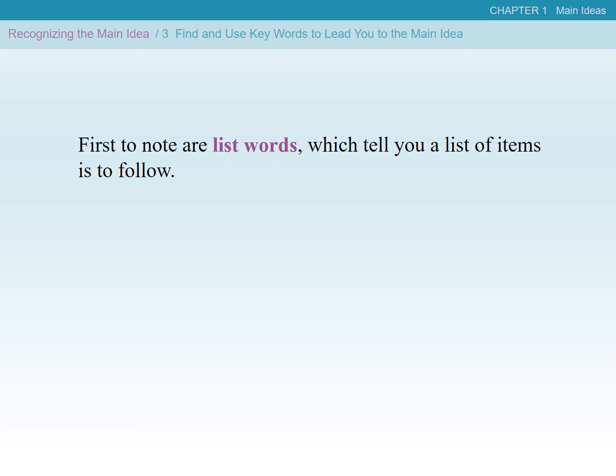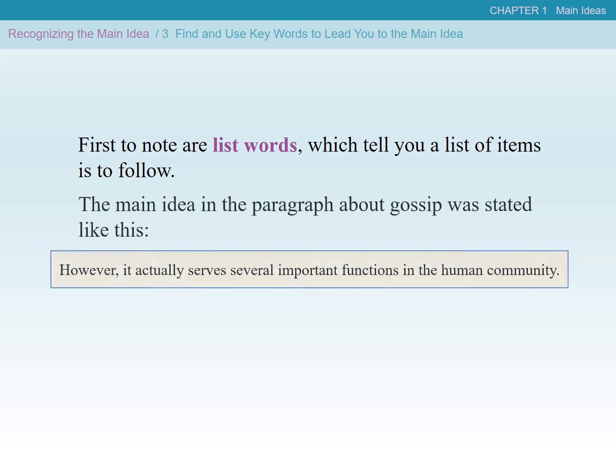So look at these list words, which tell you a list of items is to follow. The main idea in the paragraph about gossip was stated like this. It actually serves several important functions in the human community. So we can see here the idea of several important functions. And what we have here is a number word, several, and then just a modifier, an adjective, important, and then